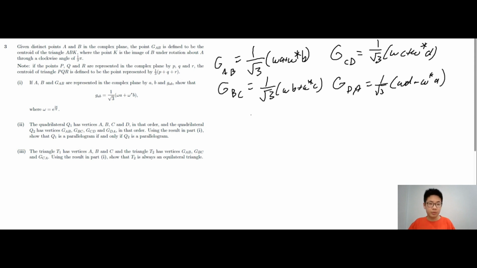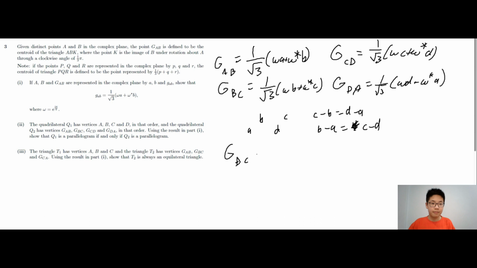So we are going to define four numbers, vectors or complex numbers by a, b, c, and d. So this means that c minus b equals d minus a, and b minus a equals c minus d. Isn't it wonderful, these two identities? So we are going to find G,